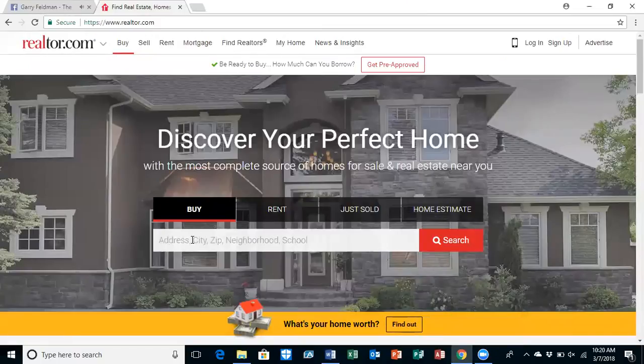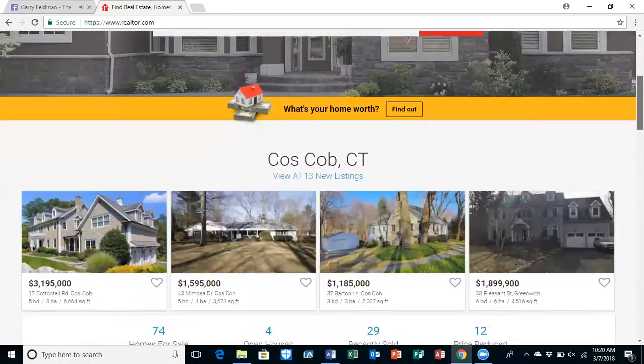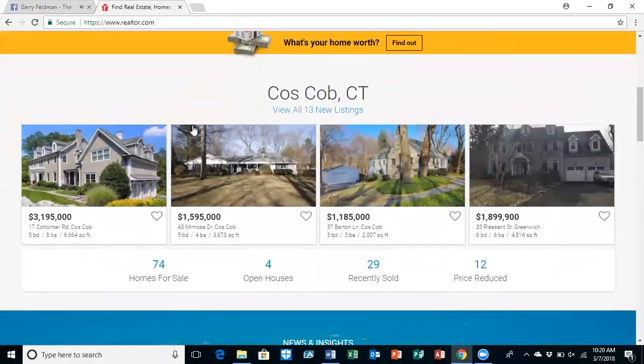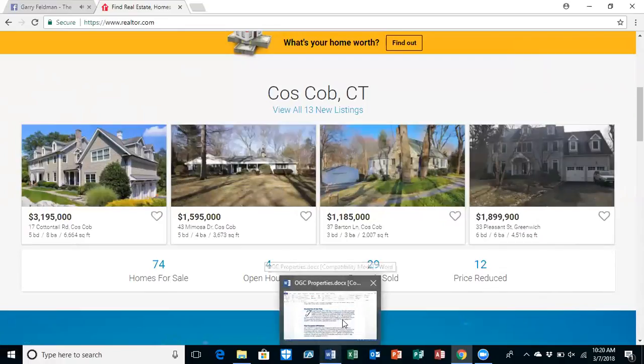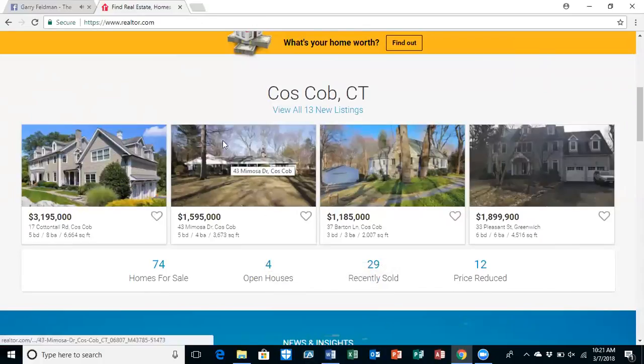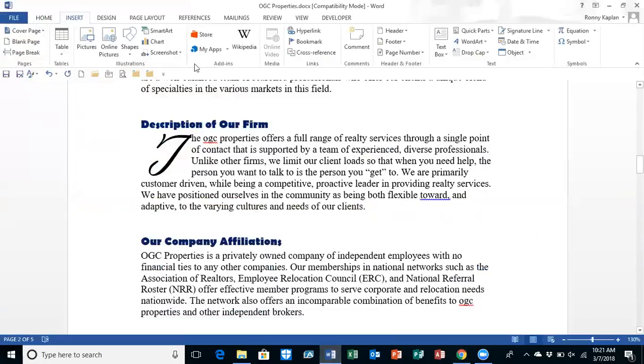Okay, so let's say, here's some pictures. I just wanted to get something with a picture. So the idea is maybe I want to put a picture of this, whatever house it is, into my document. If I have the document that I'm interested in importing it into open on my screen, which I do, and then I have all of the ones that I'm looking for, I can use in the document, insert, and then